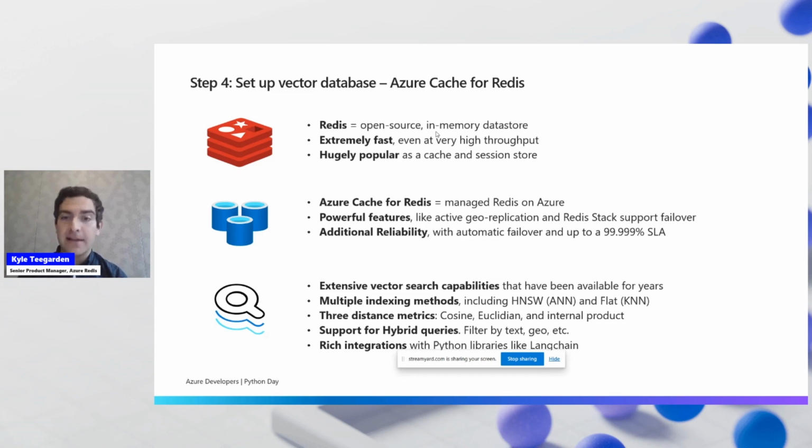And then also a flat index method, which is more rigorous, but takes a little while longer. So you have a performance-precision trade-off. Redis supports both, which is kind of unique. Most support one or the other. And then 3 different distance metrics for measuring the distance between those vectors. Like I mentioned, cosine, I think, is the most popular at this point, so that's what I used in this